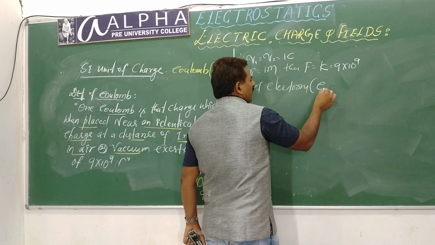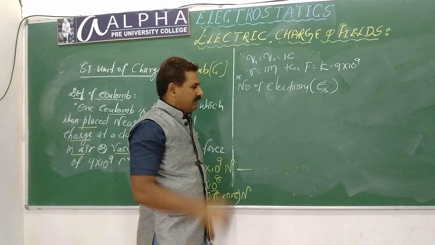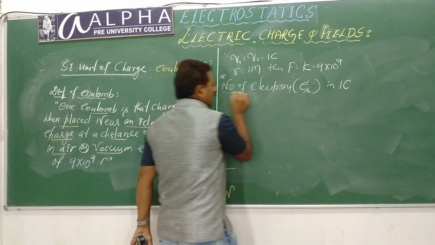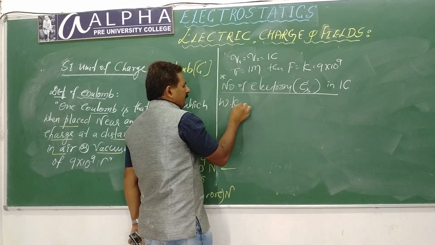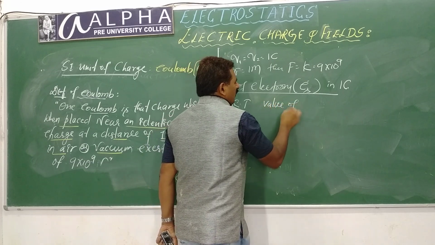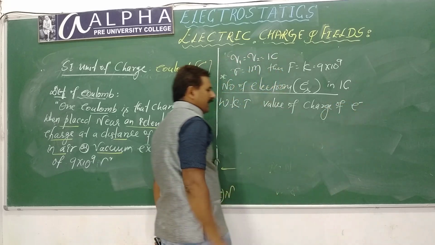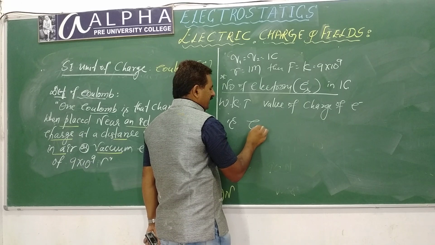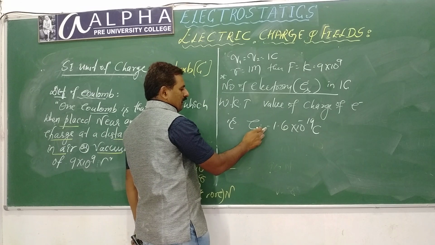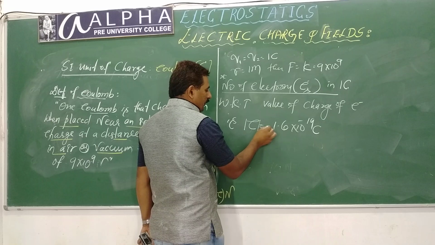Henceforth I write electrons as E minus, you understand it as electrons. Number of electrons in 1 coulomb charge. Very simple. In the previous videos I explained the value of electronic charge: the charge of an electron is denoted by E, minus 1.6 10 power minus 19 coulomb. Let us leave the nature, just consider the magnitude of E.